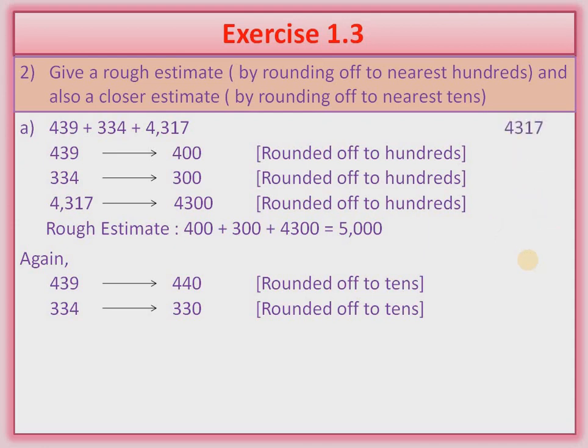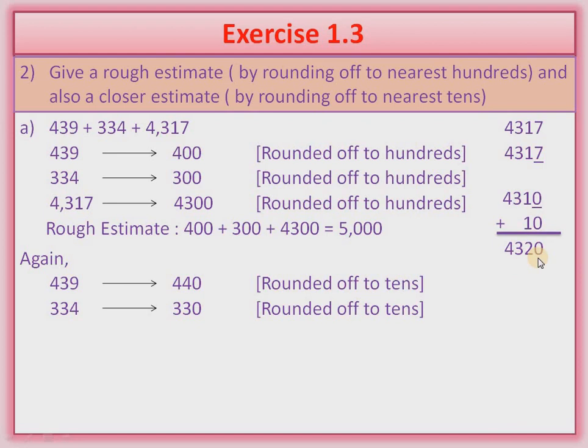4317. Okay, how many digits? Because we are going to round off to the nearest 10, we will make a line at the last one digit only. First we will write a 0 instead of 7. Now check the estimated value of 7. It is a 10 only, so we will add plus 10. Now what is the answer? The answer is 4320, which you can see.